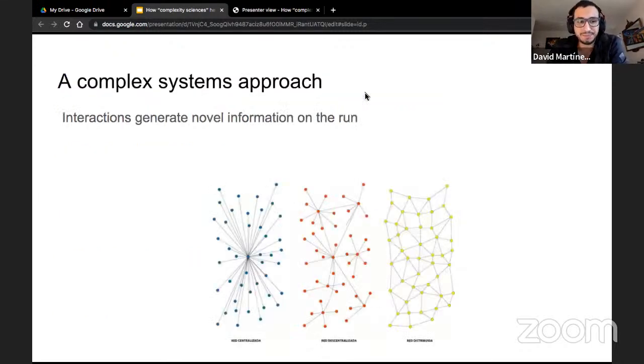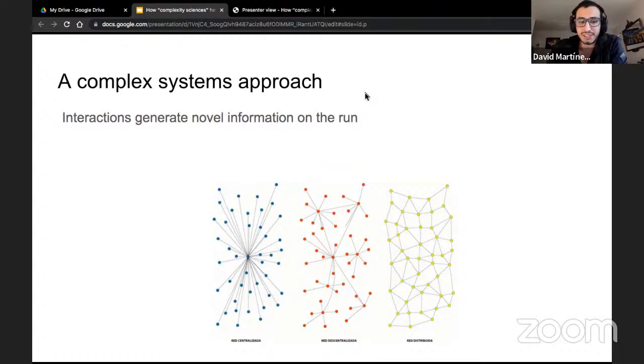So in the complex systems approach, as I already mentioned, the most important thing is that interactions generate novel information on the run. That means that we think that a phenomenon is not only the sum of the parts that compose it, but also the interactions between those elements.